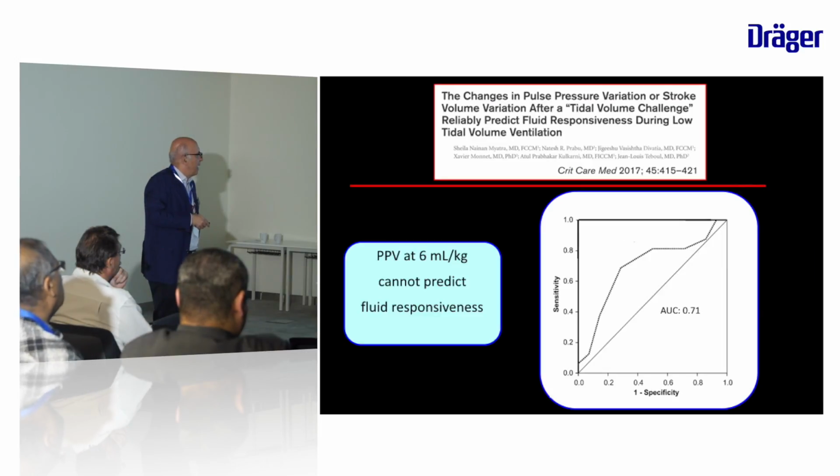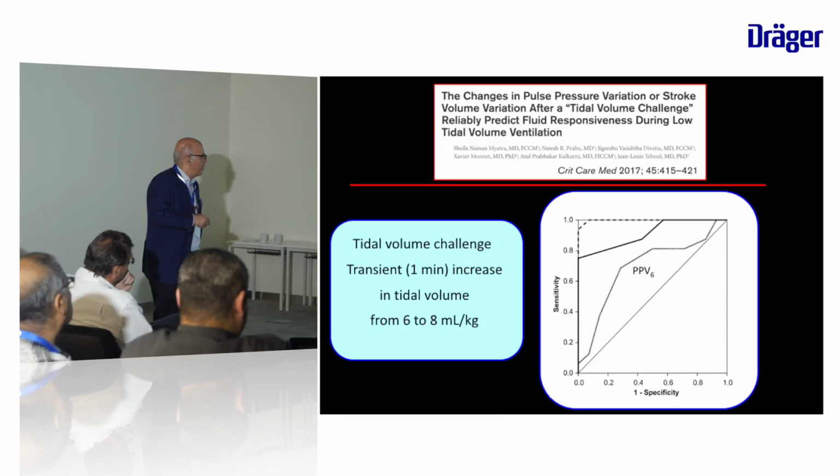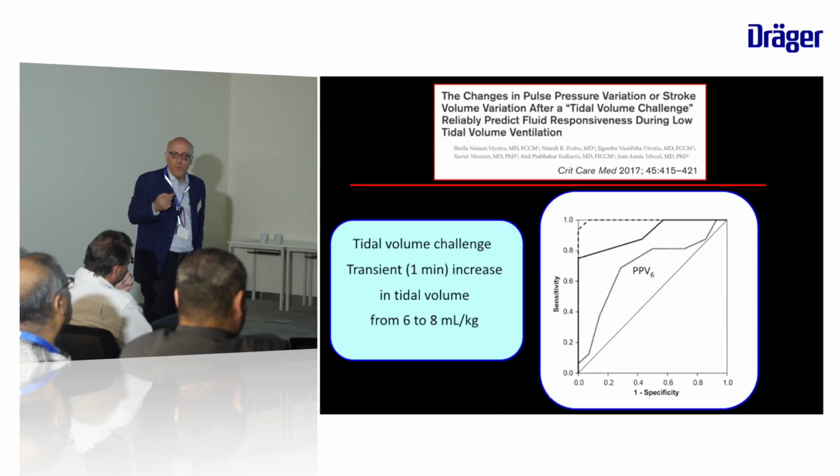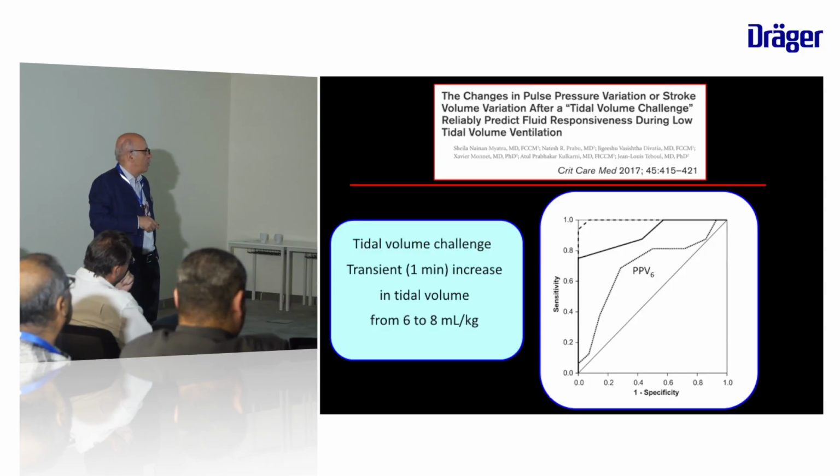So it has been recently proposed that you perform a challenge of tidal volume for 1-2 minutes. You increase the tidal volume from 6 to 8, and if the change in PPV